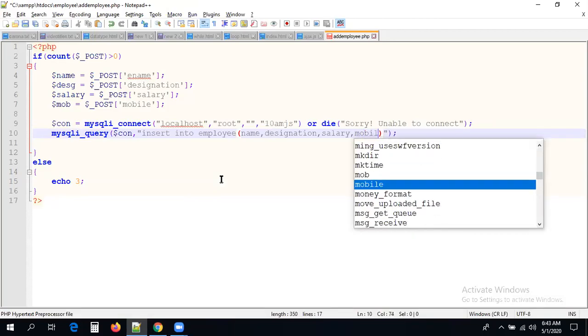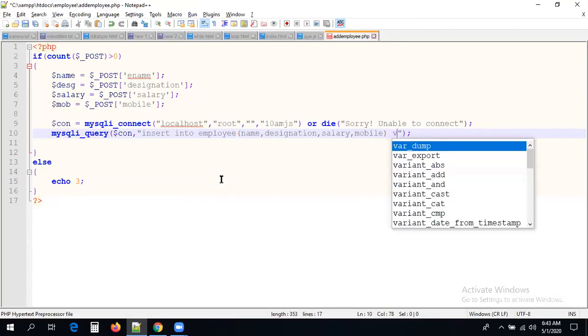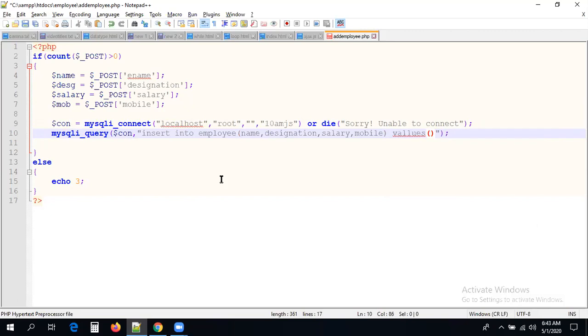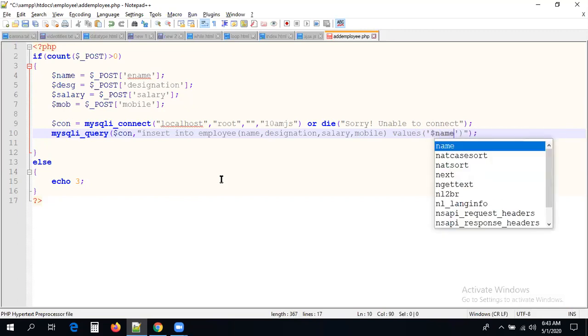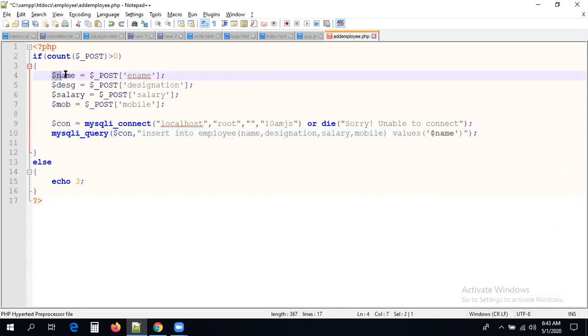Next is mobile. So values, what are the values? Sorry, values, a spelling mistake here. Dollar name, this is the value you collected, right? $desc. You have to mention this variable here. We collected the values, and the same values we have to pass to it, guys.